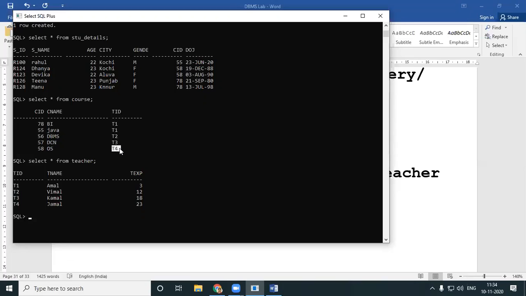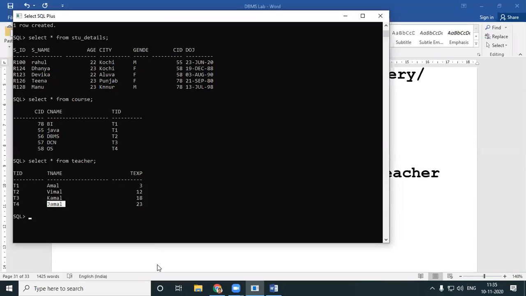So TID is again a foreign key over here, which means I'm opening up the gateway to my next table. I can get connected to my next table. So very simple. I go to my next table where I have the name T4. I check the whole table. I have T4. I get the name called Jamal.